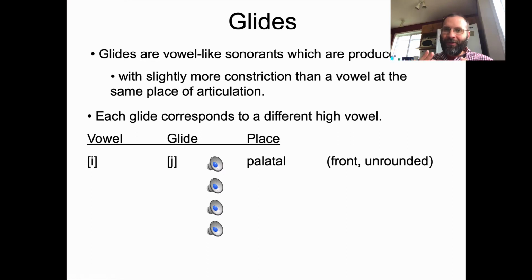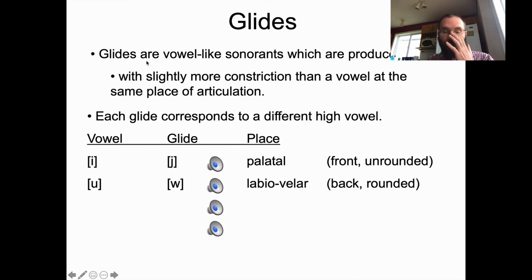It's sort of a transient articulation, which is why it's called a glide. You get a yod as opposed to an E, which you can hold forever. Similarly, we have the high back rounded vowel oo, and that corresponds to the labial velar glide. So it's labial because it's rounded, it's velar because it's back. Here the palatal is front and it's unrounded, so we don't have to say anything about what the lips are